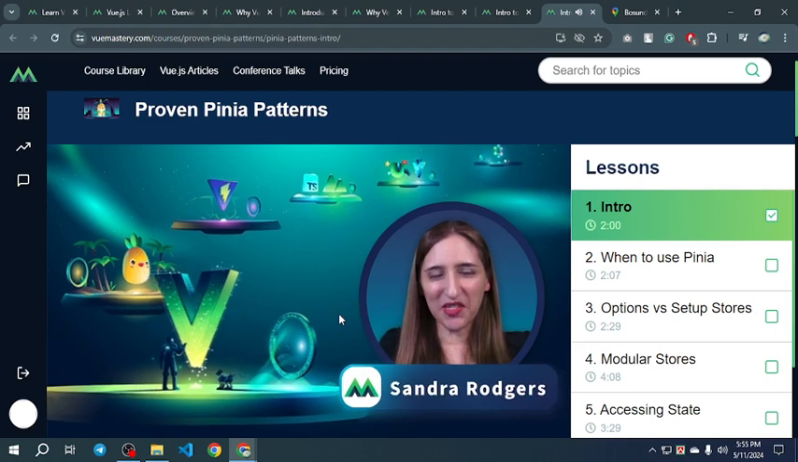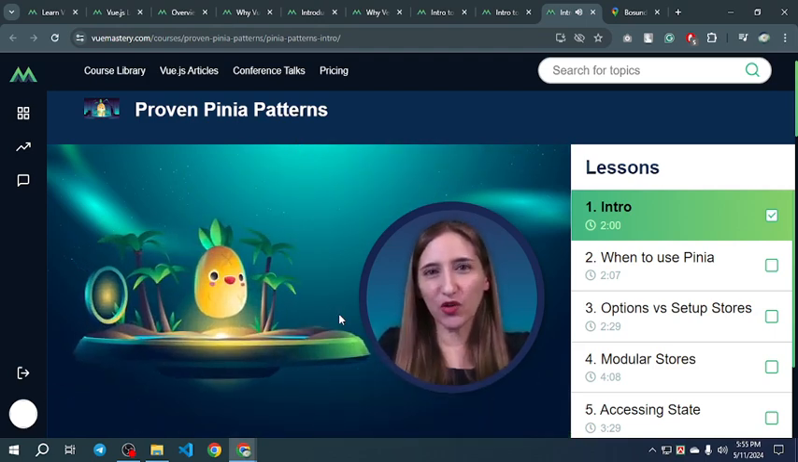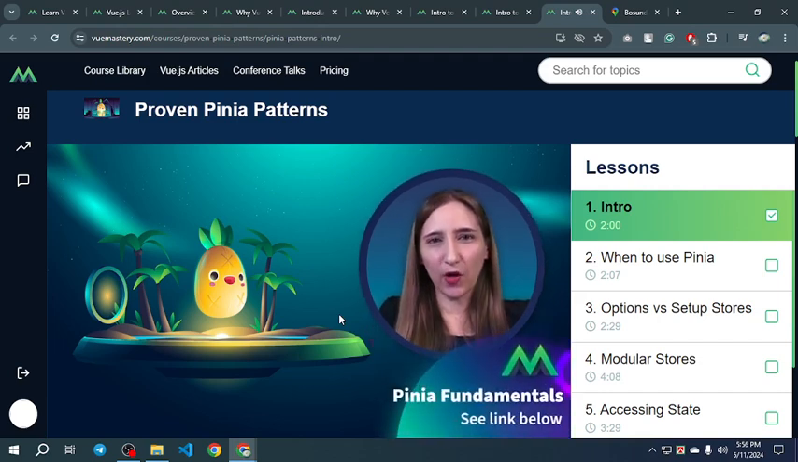Welcome to Vue Mastery's Proven Pinia Patterns course, where we'll explore the pro-level patterns you'll want to know when using Vue's state management library in production. We'll look at best practices for using Pinia in your apps and apply them to common scenarios. If you haven't learned the basics of Pinia yet, you'll first want to check out my other course here on